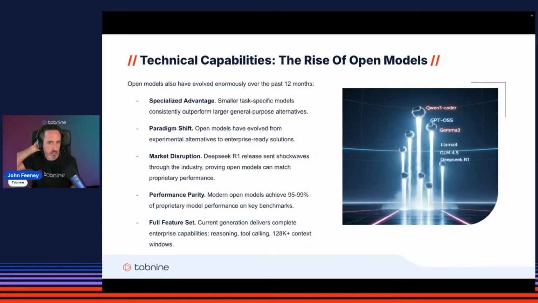I think it was back in February where DeepSeek R1 arrived on the scene and really turned the industry upside down. Everybody was shocked at that time, and it single-handedly wiped out 600 billion off the market value of NVIDIA. Suddenly everybody realized that the moat around these proprietary models really wasn't as deep as we thought it was. Now I could download a model like DeepSeek R1, run it on my PC at home and get a ChatGPT-like experience, right? So that was really a game changer.